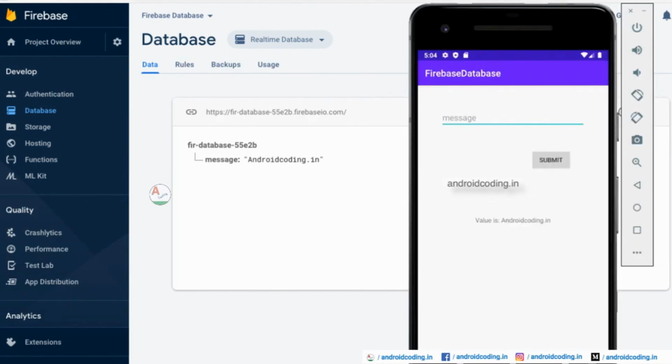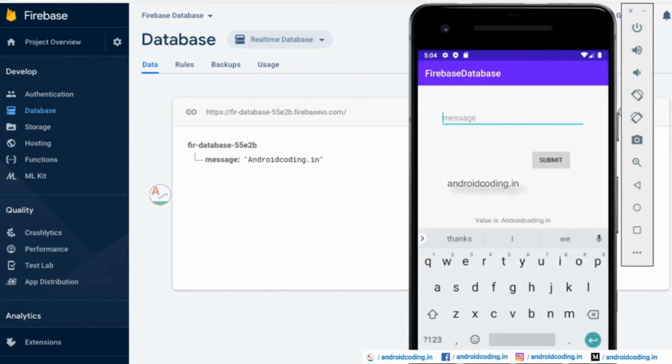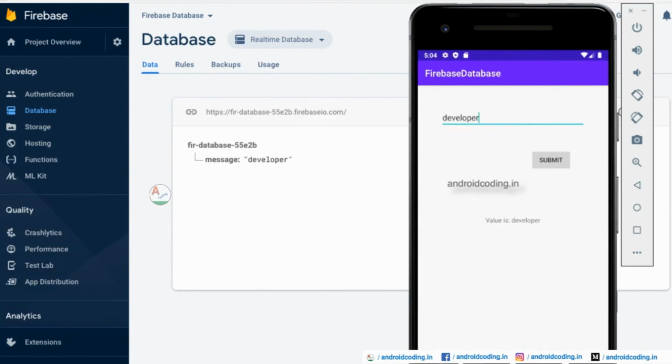So here we can see, if I say developer and click on submit button, here you can see this value is changed here and here in both the places. And let us try something more also. I mean, one more example.